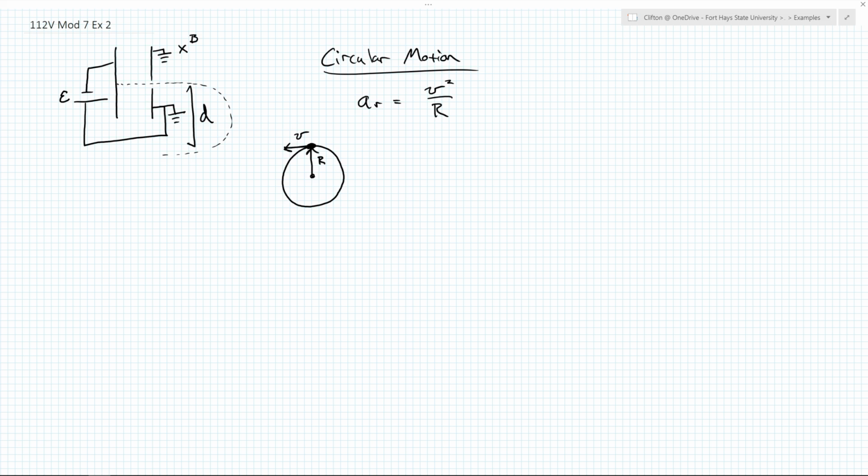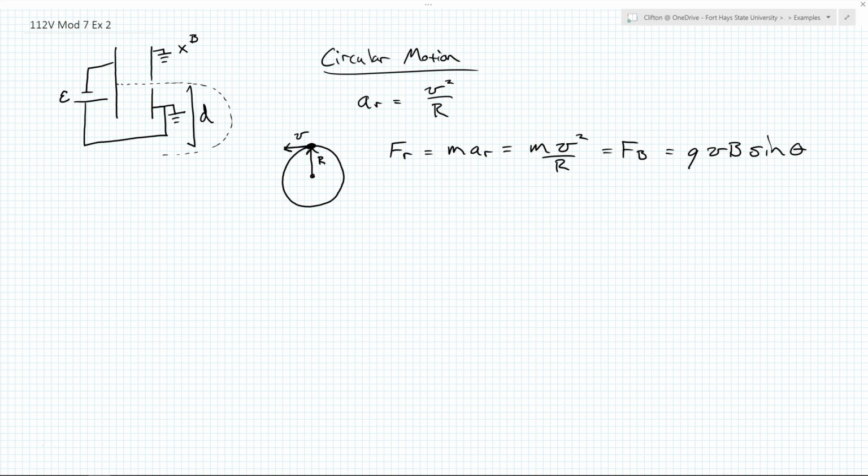That means that the radial force, so I'll just write F subscript r, has to be the mass times the radial acceleration, which is the mass times v squared over r. And the radial force here is provided by the magnetic force. So we know that this is equal to the magnetic force. And we know what the magnitude of the magnetic force is. It is QVB